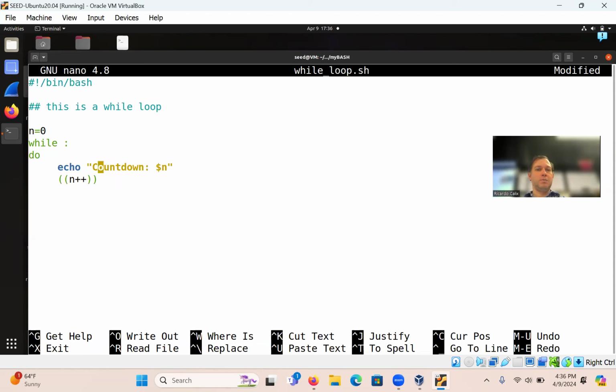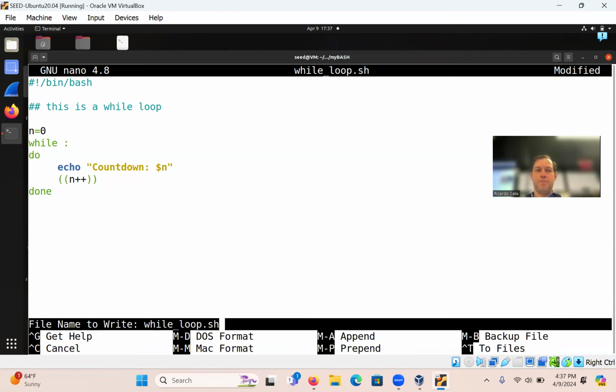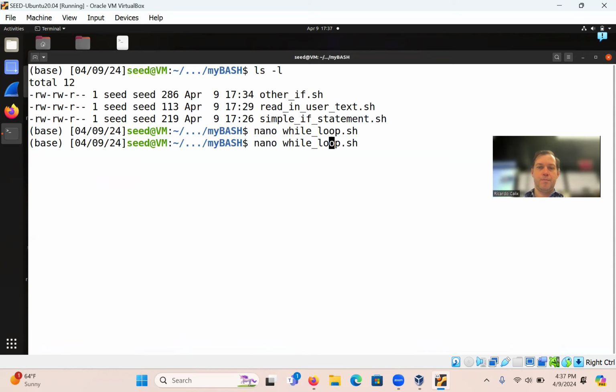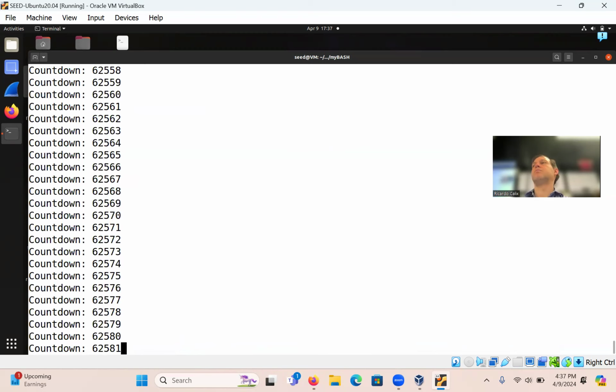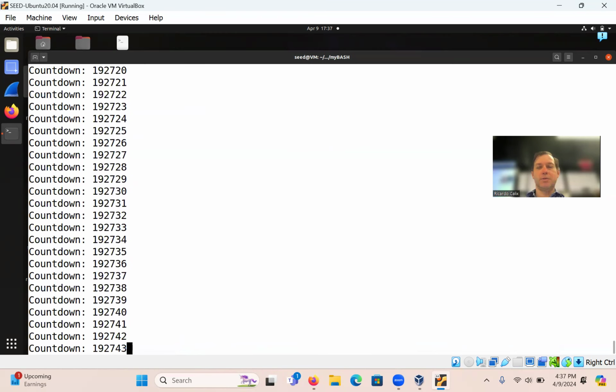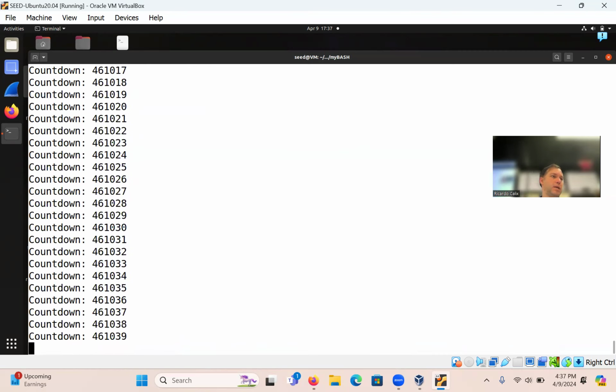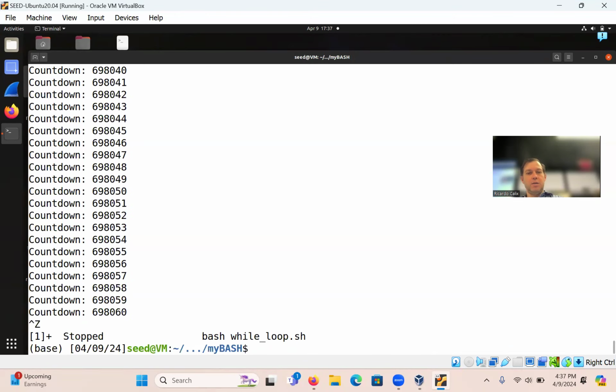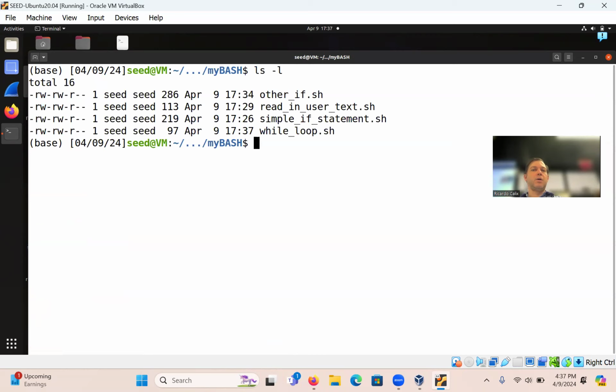All right, and now I'm going to hit done. Okay, so let's try this one. And there you go. It's basically incrementing 14, 15, etc. And it's a while loop example. Okay. In some other situations, you want to try out a for loop. So you can hit Control Z to stop it. Right. So Control Z. All right. Now we're going to try a similar thing with the for loop.